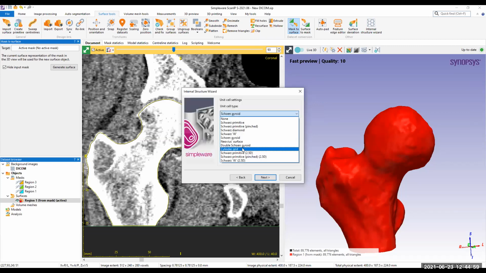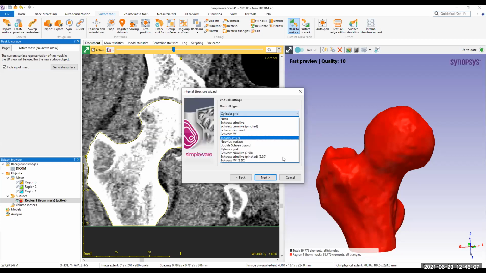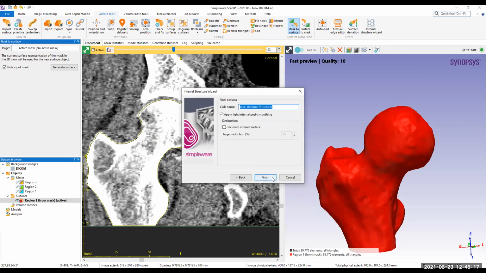I can go ahead with other structures as well as per my requirement. So let's go with gyroid. I can change the unit cell size over here. I'll keep these things at default right now.